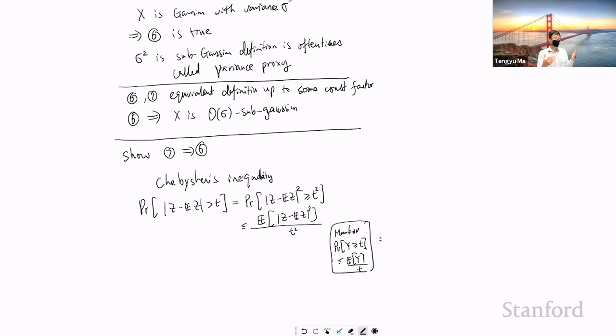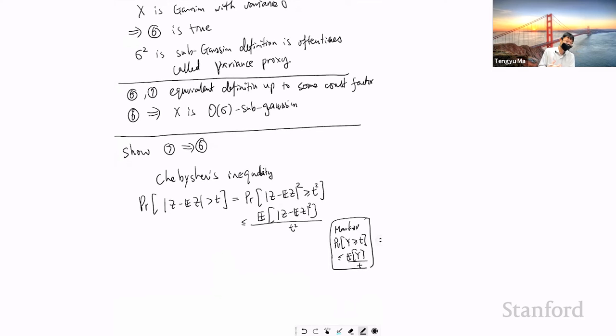You can see that the way to prove Chebyshev inequality is that you raise to the power of 2. You raise to the second power. So that means that naturally you can also consider higher powers and apply Markov inequality again. You'll get some other type of inequality. So if you consider higher moments,